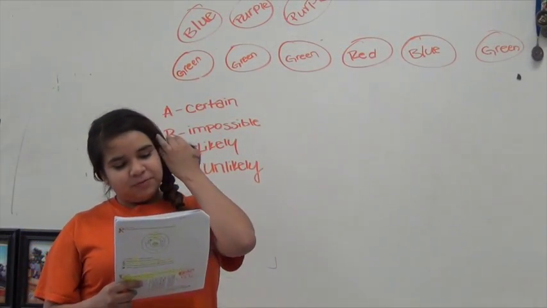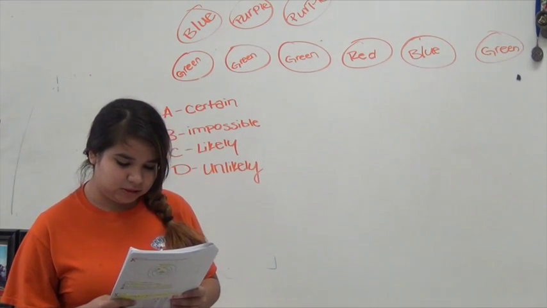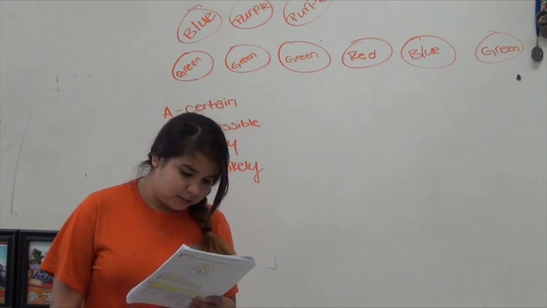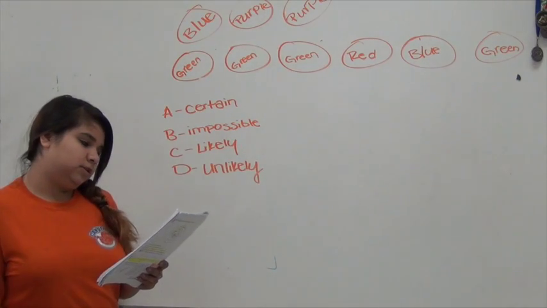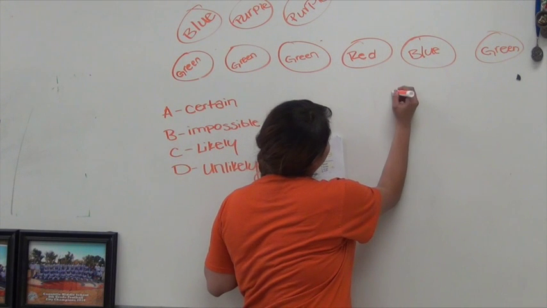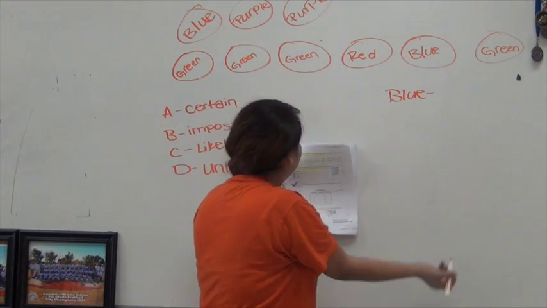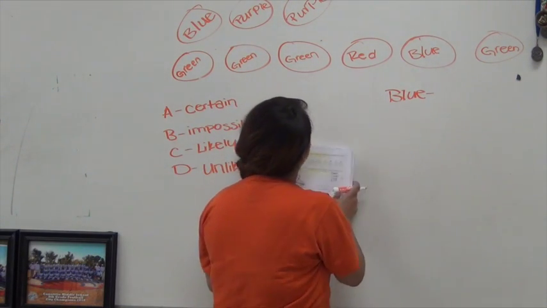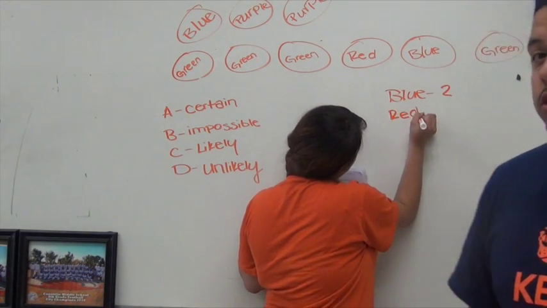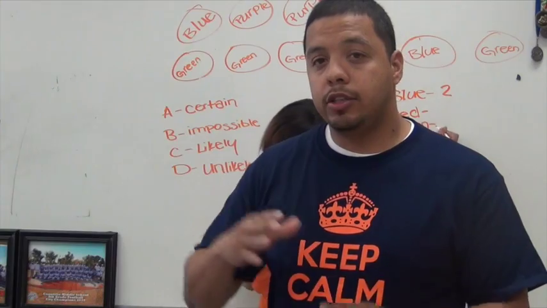Problem number 13 says Jill was the first student to select a token. The probability that she randomly selected a green token instead of a purple token would be described as... So I just wrote down all the things. Blue. There's two blues, and then red. While she's doing that, I want you to notice what she's doing, and she's actually listing